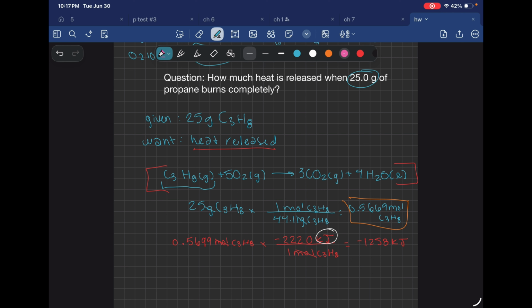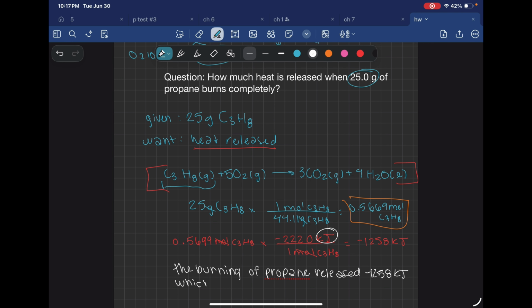So the burning of propane, let's write this out. The burning of propane releases negative 1258 kilojoules, which also tells us heat is exothermic